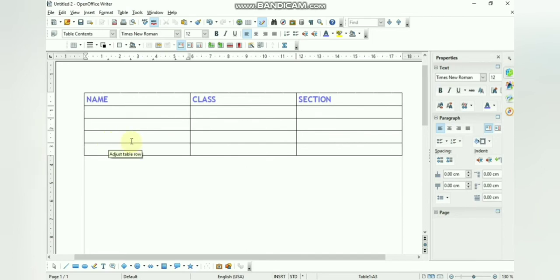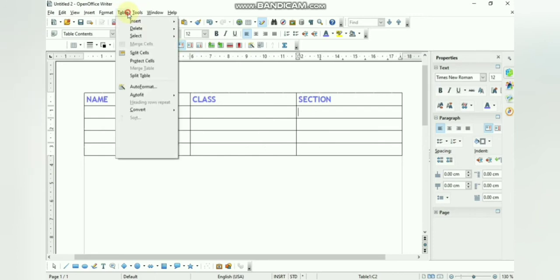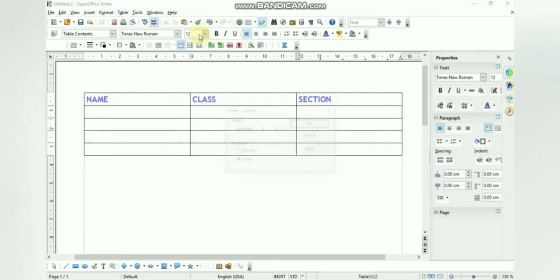Same way we can insert a new column also. Again, what we can do is we can click on the column where we want the adjacent column to be inserted, and accordingly again we can go to the table menu. From here you can click on insert. As you click on the table menu, click on insert, and then you can click on columns.